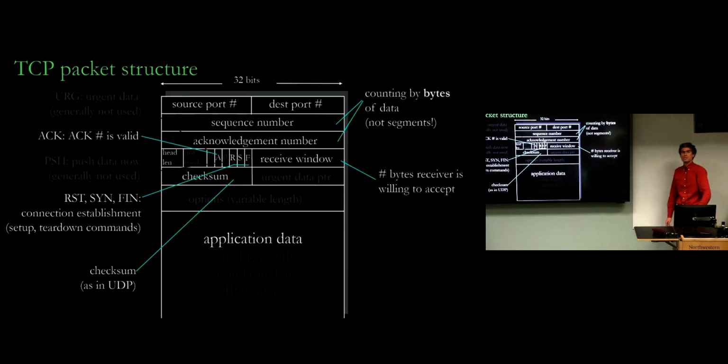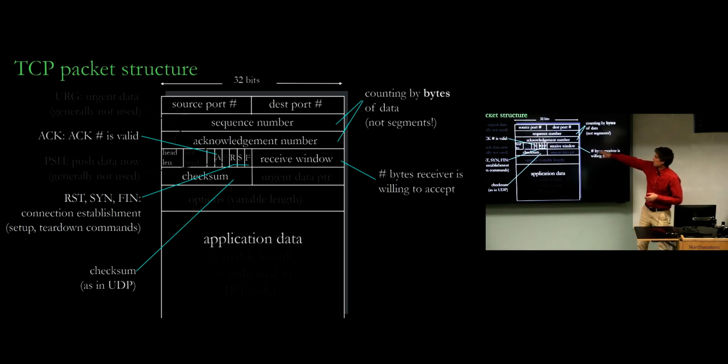Okay, so here's what the TCP packet looks like. I think I showed a similar diagram for UDP last time, and the UDP one was really pretty simple, and this one's a lot more complicated. There are a lot more fields, so every single TCP packet you send has all of these headers in there. There's a source port number and a destination port number, same as UDP. This is to distinguish between different connections on that computer. There's a sequence number, which indicates in what place in the stream this data fits, right? Is it the beginning of the stream, somewhere in the middle, and so on.